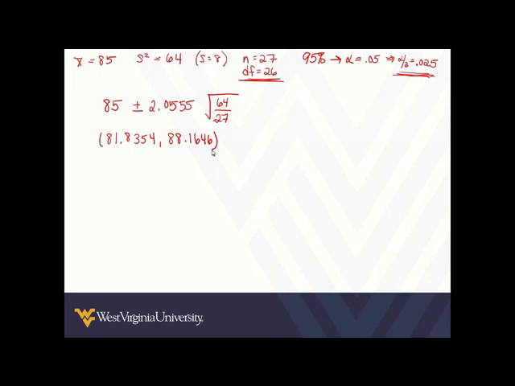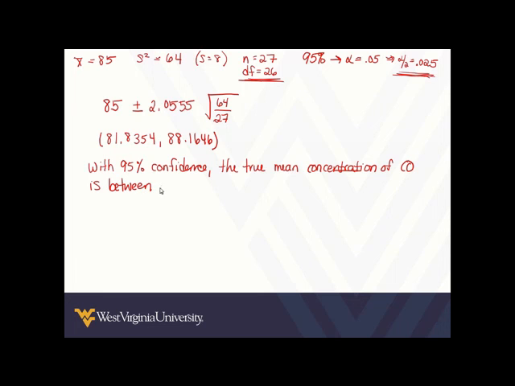Now to give us a proper interpretation, we can say with 95% confidence, the true mean concentration of carbon monoxide is between 81.8354 ppm and